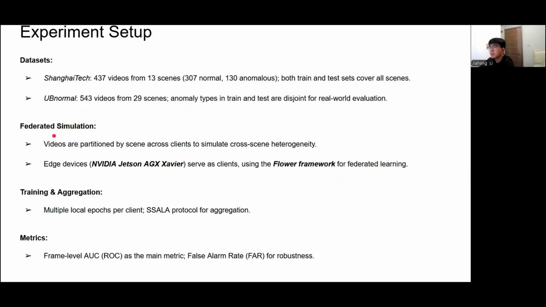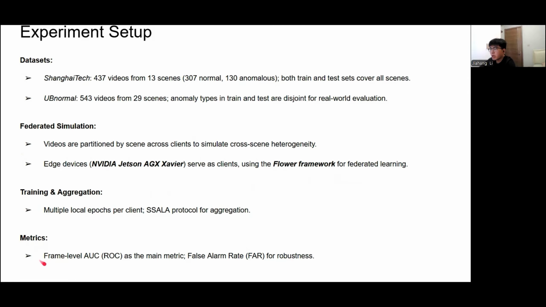For our experiments, we deploy each device, an NVIDIA Jetson AGX Orin, as a client. We use the Flower framework to manage federated learning across these devices.